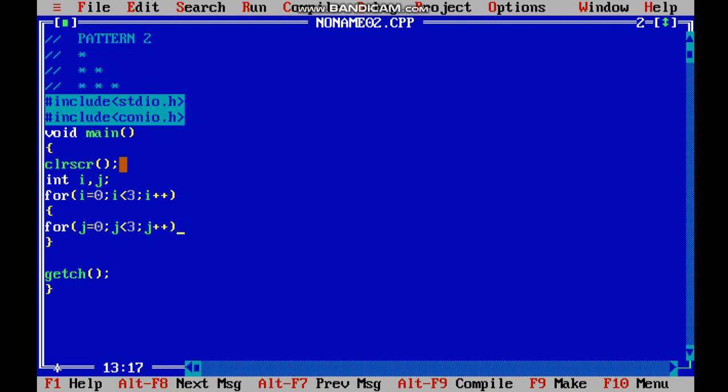g++. It would be better if I make indentation properly. Okay, this will do. After the for loop, again I'm going to use